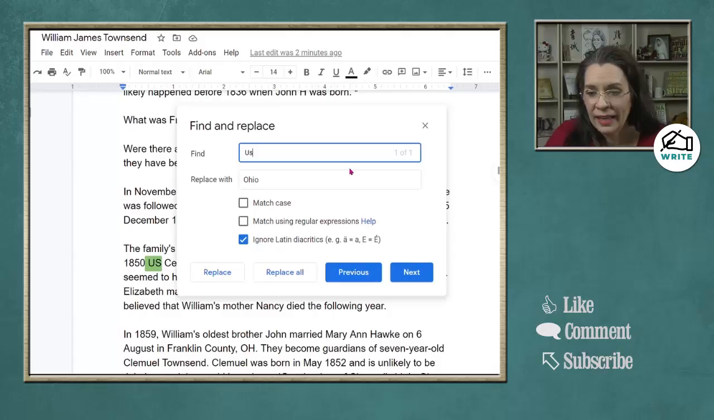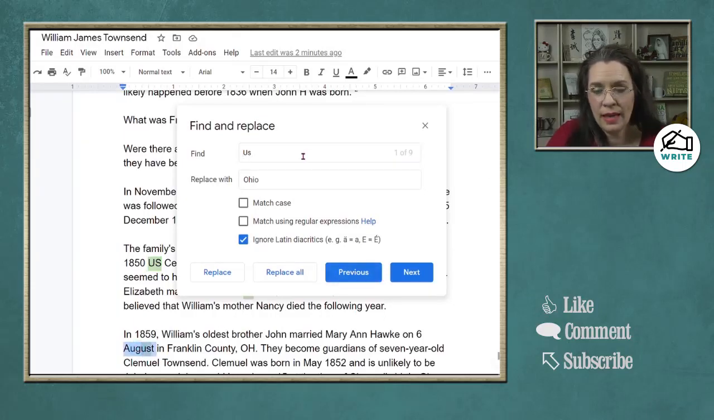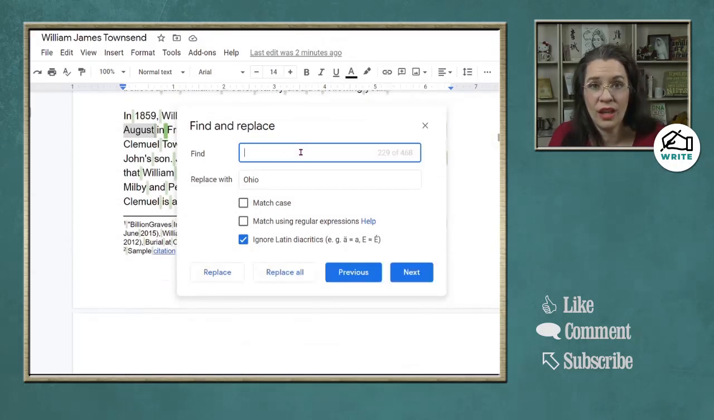Sometimes I put US and sometimes I put USA, and that is a good way to go through and make a change. But I would recommend that if you do something like the US one, it's going to pick up US, and then it's going to pick up any version of US in the document, so it could be part